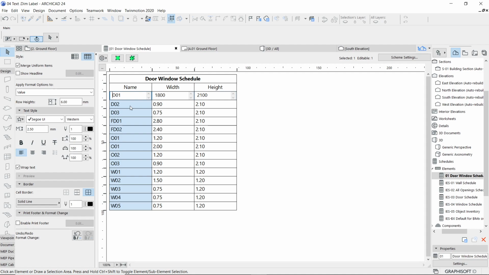For example, if you just got confused, I'm not sure, like O01, O01, the sizes are different, but how come the name is the same? And I want to change that. But before that, I just want to find out where exactly this is placed. So I'm just going to click over here. And if you want to identify this in a floor plan, you can click on this Select on Floor Plan button, or you can click on 3D also. You can identify this object in 3D too. I'll click on the floor plan option.